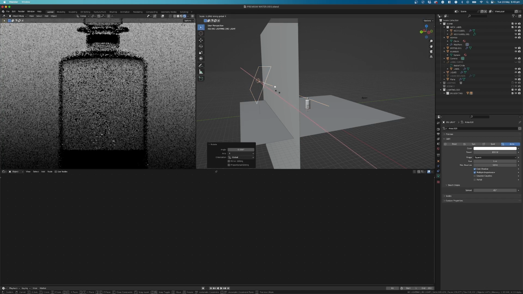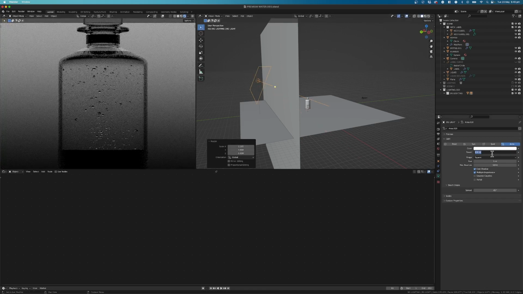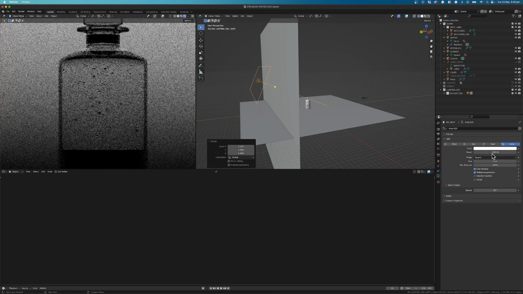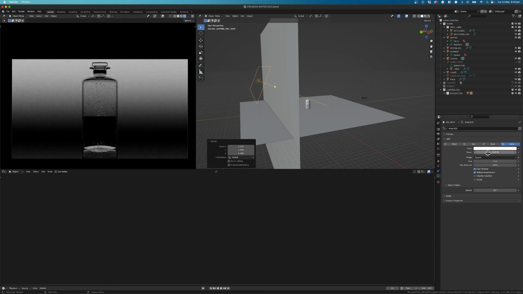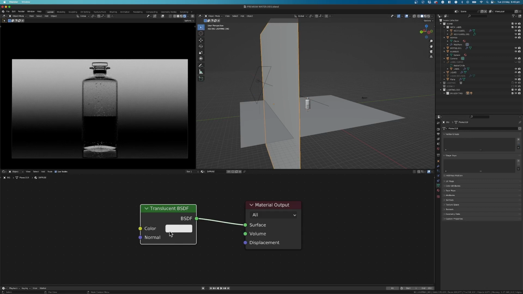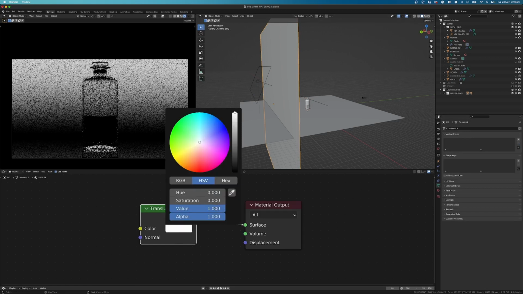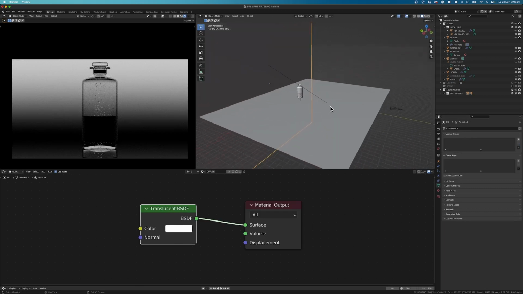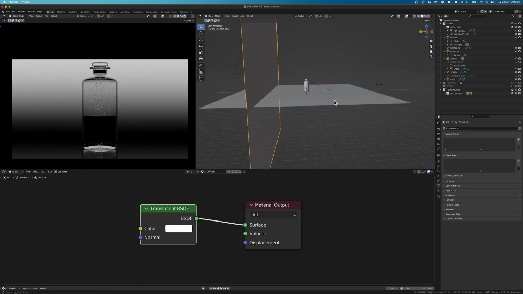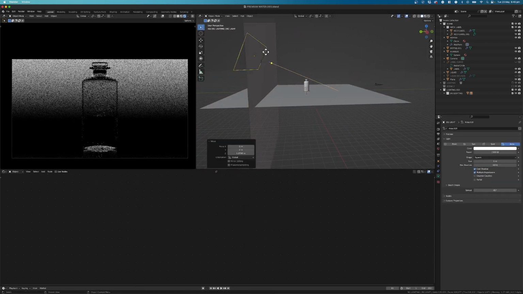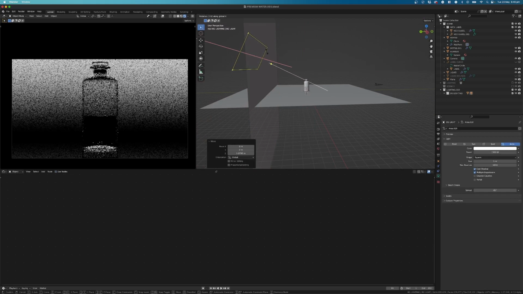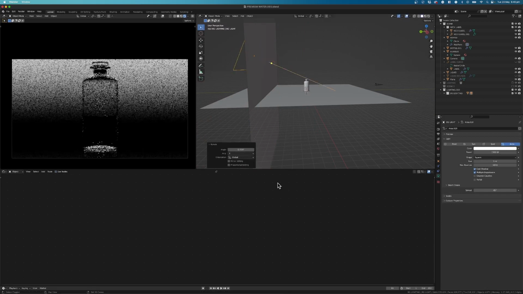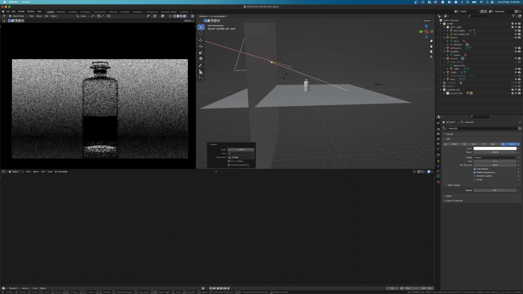Pretty happy with that. Just widen it a bit. Want a bit more power. I want this background to be a lot brighter. Something like that. Let's select this. I'm just going to check the color, make sure it's white in my diffuse. Alright, so I'm pretty happy with that to begin with. You could keep tweaking it and make it exactly how you want, but for the sake of the tutorial, I'll